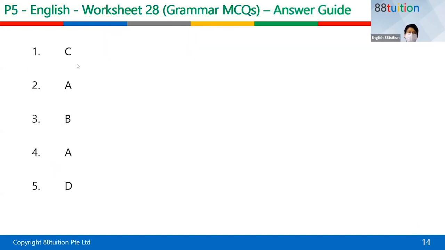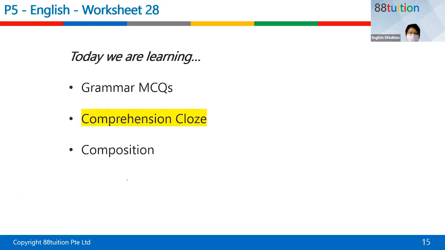Okay, so these are your answers. Number 1 is C, number 2 is A, number 3 is B, number 4 is A, number 5 is D. Okay, so please take note now. Hold on. Okay. All right, I'm going to go to my pen. Okay, Ken, next. Okay, we're not behind time, just nice.